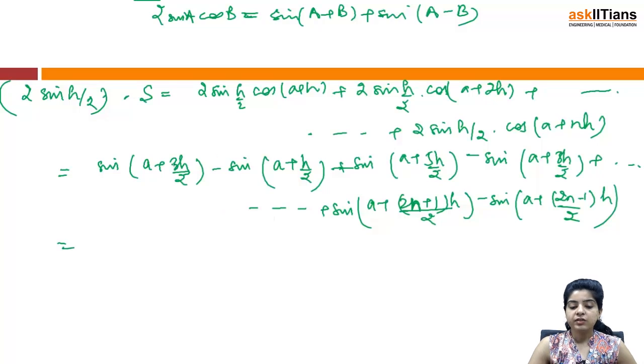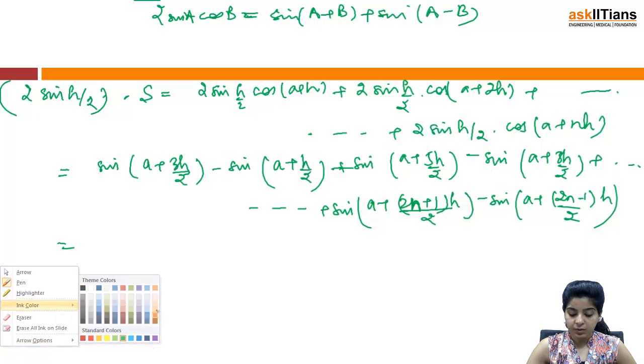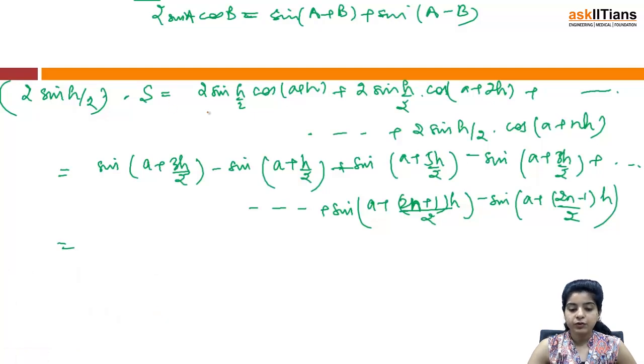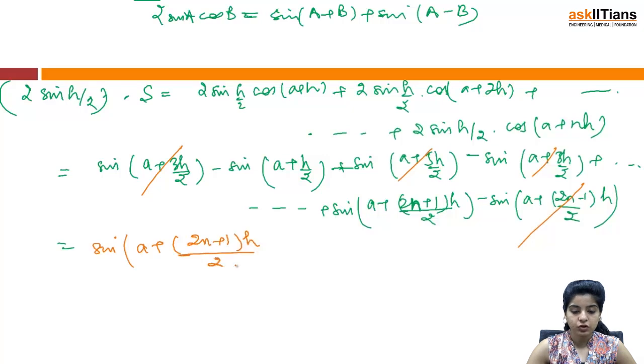Now this is sin(A + 3h/2) and minus sin(A + 3h/2), and so on. So ultimately I'll be left with this term cancelling with this. Similarly, this term will get cancelled with the next terms, and so on, and this term will also get cancelled. So we'll basically be left with sin(A + (2n+1)h/2)